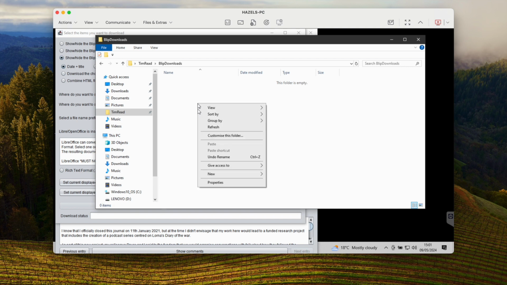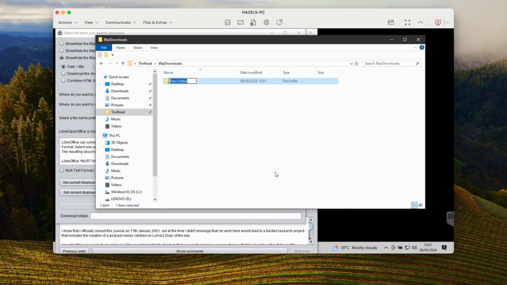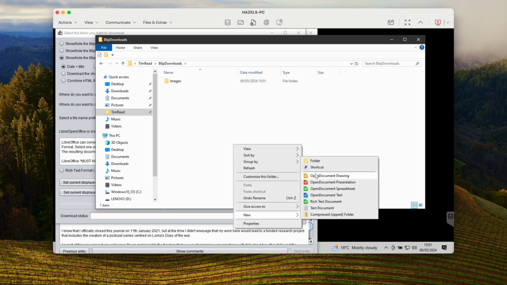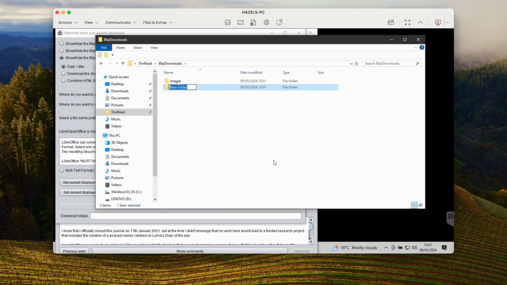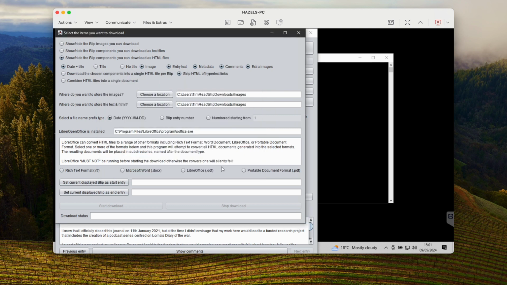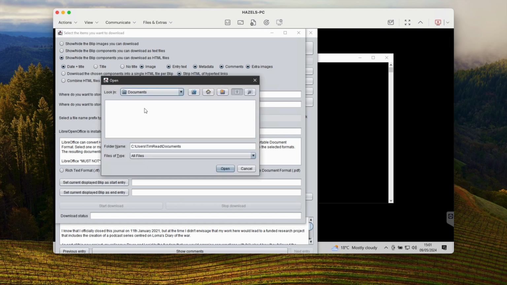Blip downloads, I want to make a new folder, call it images. I want to make a new folder, call it texts, and okay, we're done on that. So we're going to do up, down, refresh, Blip downloads, images there, and texts here,